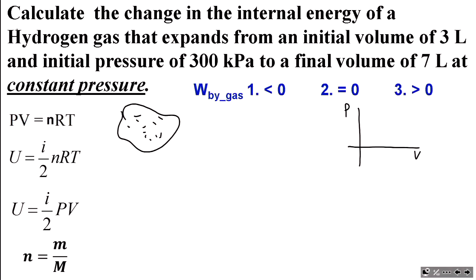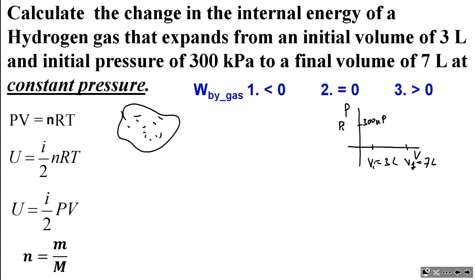And so what do we know? We know the initial volume is equal to 3 liters, and the final volume is equal to 7 liters. The initial pressure is equal to